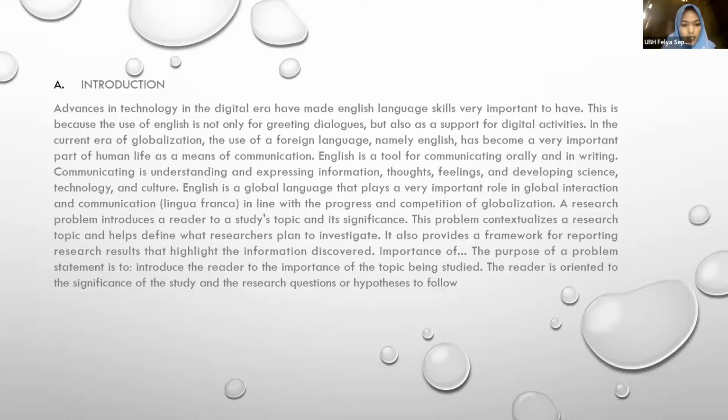and the use of a foreign language, namely English, has become a very important part of human life as a means of communication. English is a tool for communicating orally and in writing. Communicating is understanding, expressing information, talk, feelings, and developing science, technology, and culture. English is a global language that plays a very important role in the global